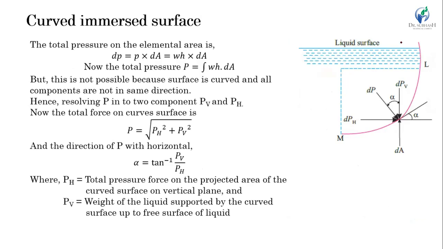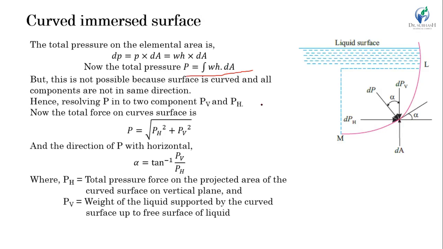Here, this is the free surface of the liquid. Again, let's consider the intensity of pressure on a small area, which you cannot see here, but the small dot is the small area you can consider. Intensity of pressure is p, and the small pressure force acting on it is p into delta A, intensity of pressure times the area. The total pressure force, by integrating, equals w h into dA, which is the simple calculation.